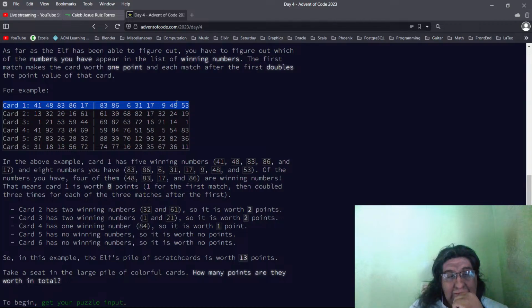Then doubled 3 times for each of the 3 matches after the first. 48, that's the first match, that's 1 point. 83, according to this description, this should be 2,